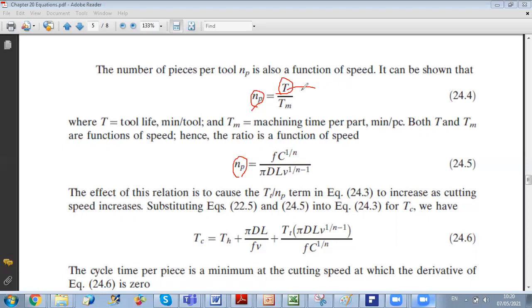Taylor equation. Who remembers what the Taylor equation is? What was the relation? You have the tool life T times V, which is the cutting speed, to the power n, equals a constant. Exactly. So V times T to the power n